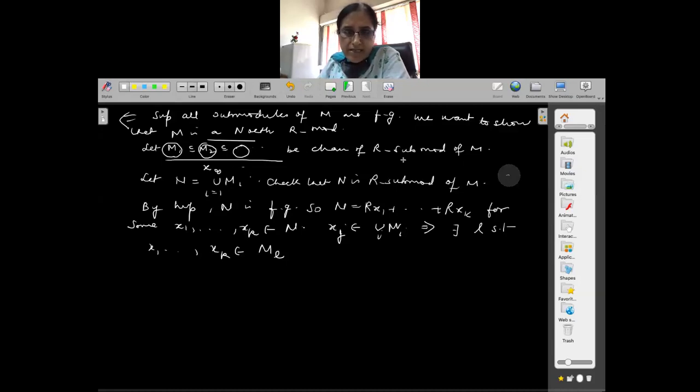At some large stage, you will have all the xi's in some ML. Suppose x1 is here, x2 is here, x3 is here, x4 is here. So take the largest one, in which all of them are included.